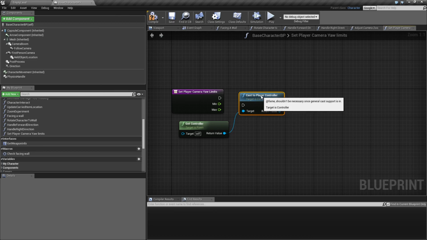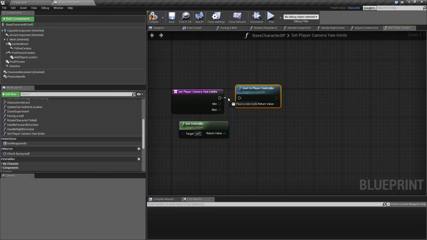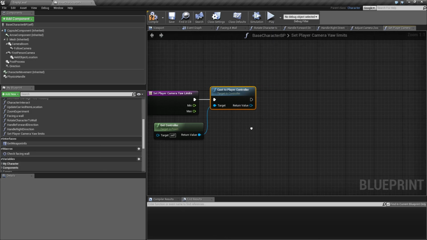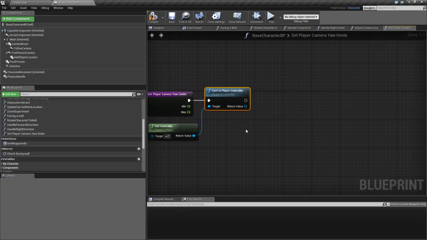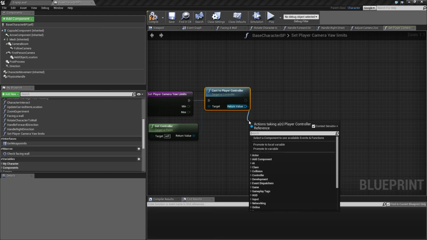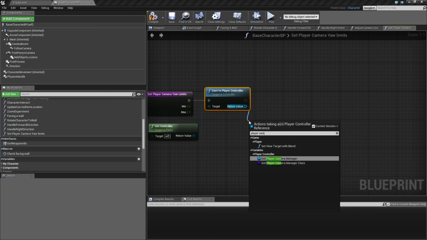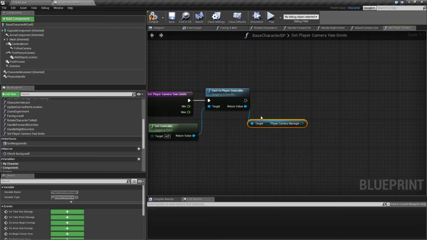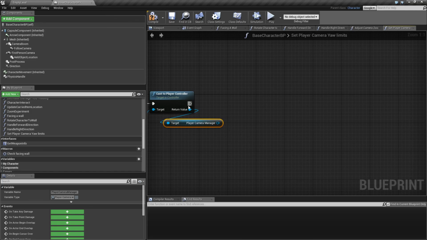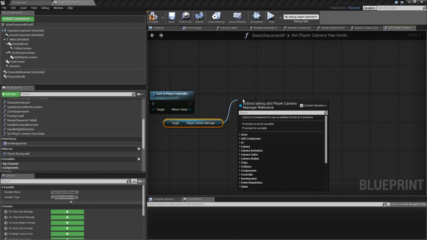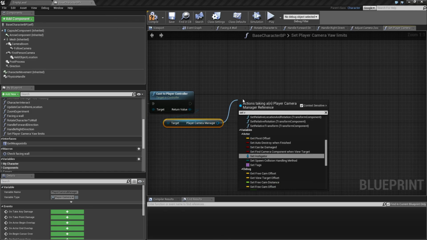So this is one of the few places where I want to cast, because this is one of the kind of global generic ones that we have. Anyway, from this one we can drag out and type player camera manager, this one, and let's move it over a little bit, and then from this one drag out and set view